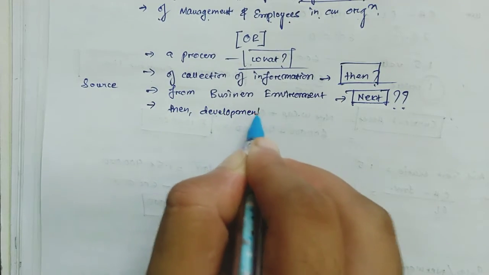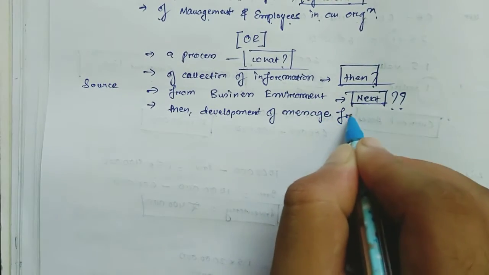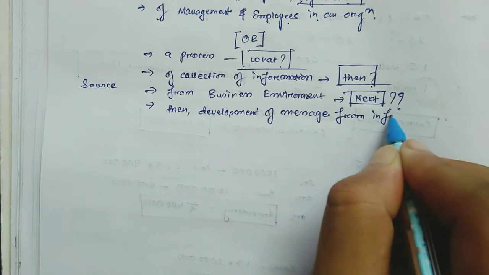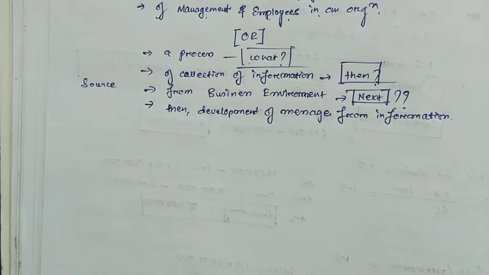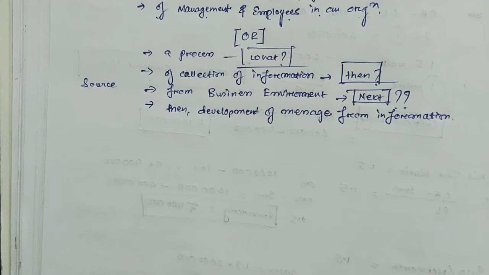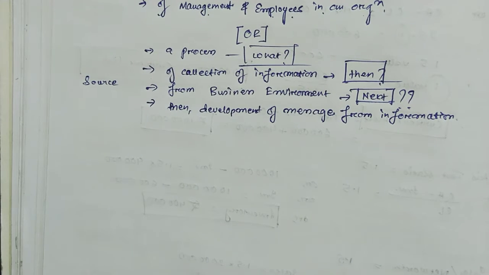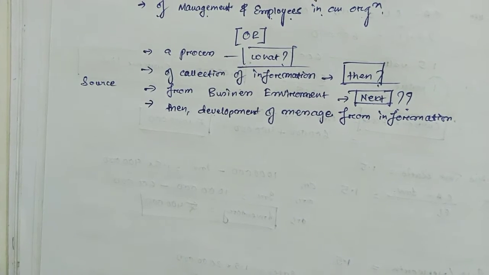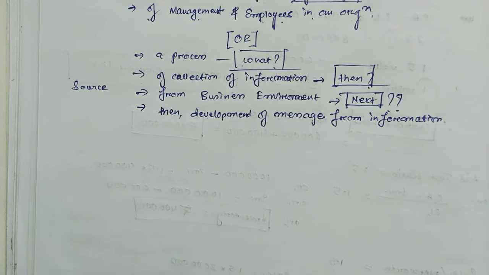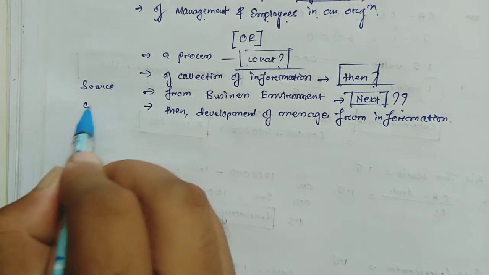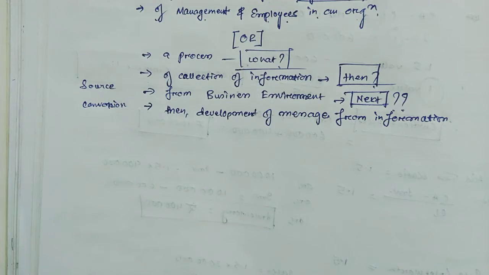ডেভেলপমেন্ট of message from information. ঠিক আছে, কি বলছে এখানে, আমি যে ইনফরমেশনগুলো কালেক্ট করলাম ফ্রম দ্য বিজনেস এনভায়রনমেন্ট, নাও আই হ্যাভ টু কনভার্ট দ্যাট ইনটু আ মেসেজ। এক্সচেঞ্জ তো পরের কথা, আগে তো আমাকে কনভার্ট করতে হবে, আর এখানে সেই কনভার্সনের কথাটাই কিন্তু বলা হয়েছে। ওকে, সো এখানে তাহলে আমি সাইডে সাইড নোট লিখতে পারি, কনভার্সনের কথা এখানে বলা হয়েছে।